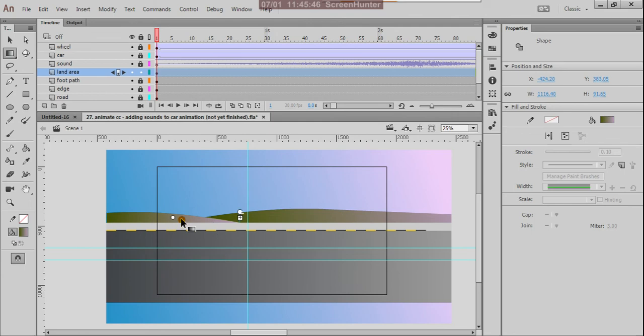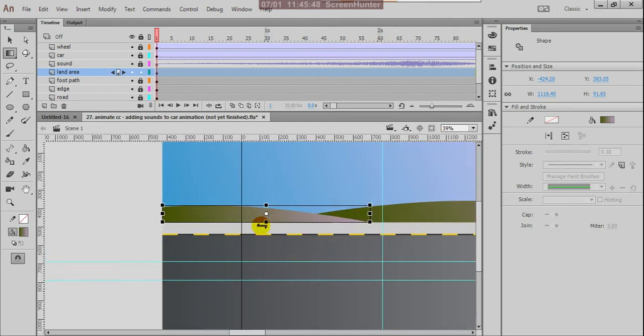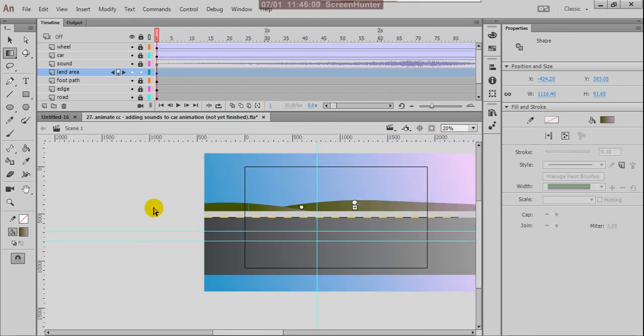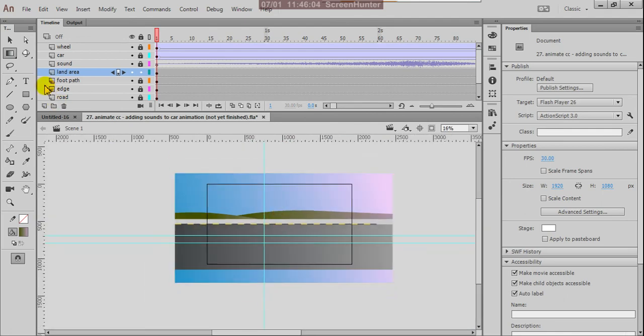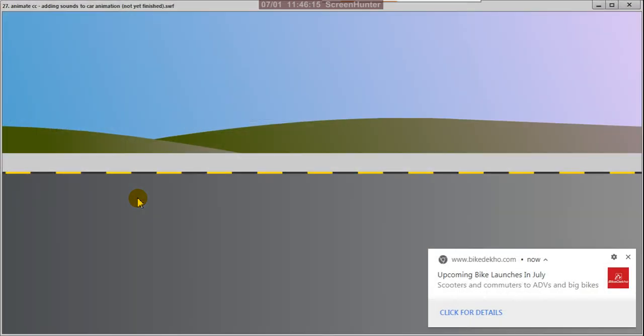Okay, and now you can click here. Yes. Okay, Control S. Now you can check by Control Enter.